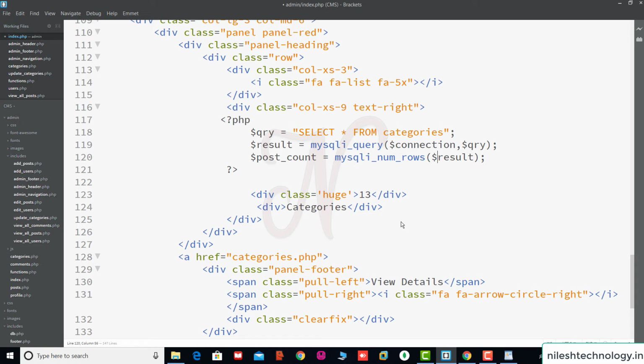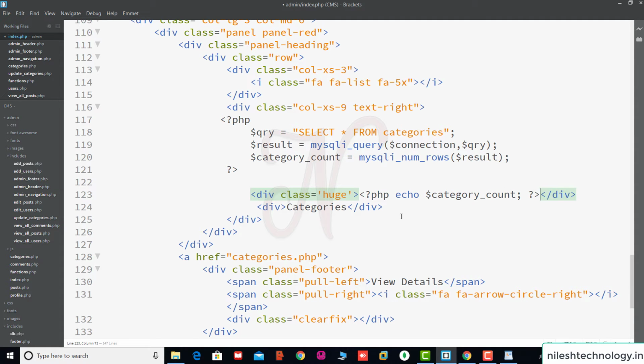Now this is the category column, category count, and here PHP echo $category count.